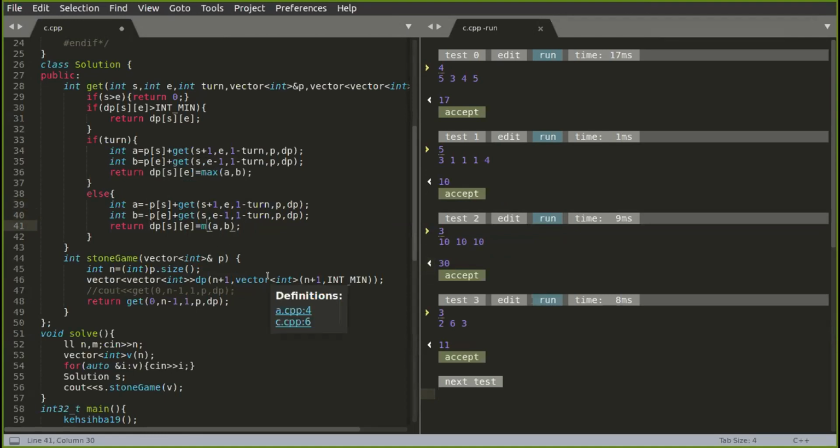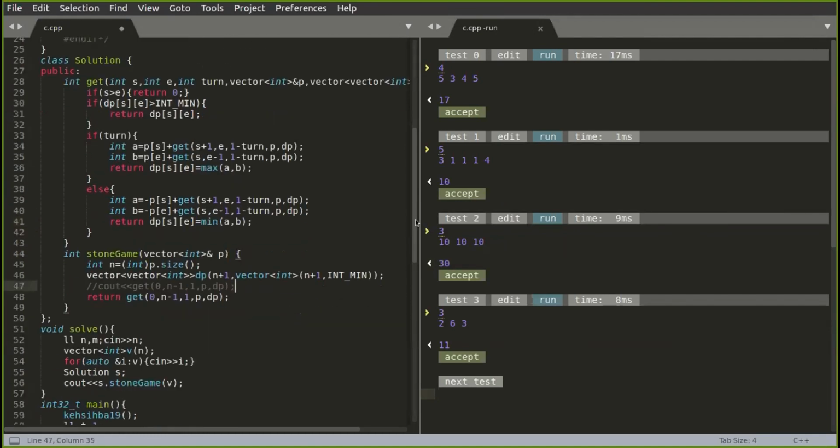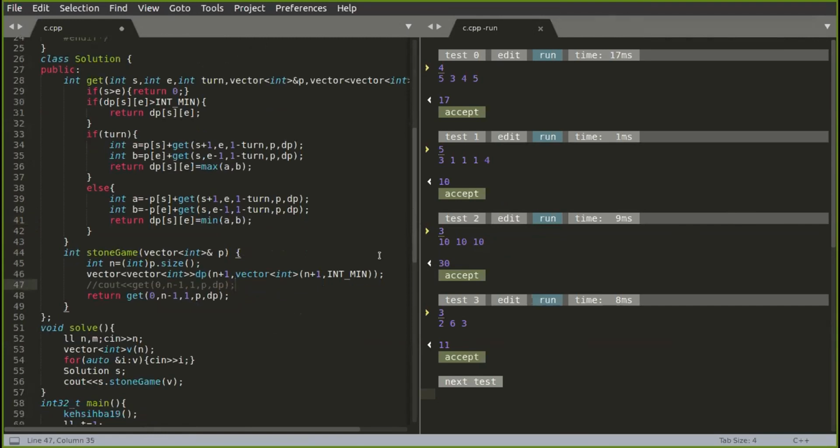Because if you are in the else condition at line 38, it means Lee is playing, right? So whenever Lee is playing, you need to return the minimum value for Alex. That is what he's trying to do by subtracting, because Lee has already used that value. So that is already consumed by Lee, and you cannot give that to Alex. That pile is gone for Alex. That is the way I look at it.